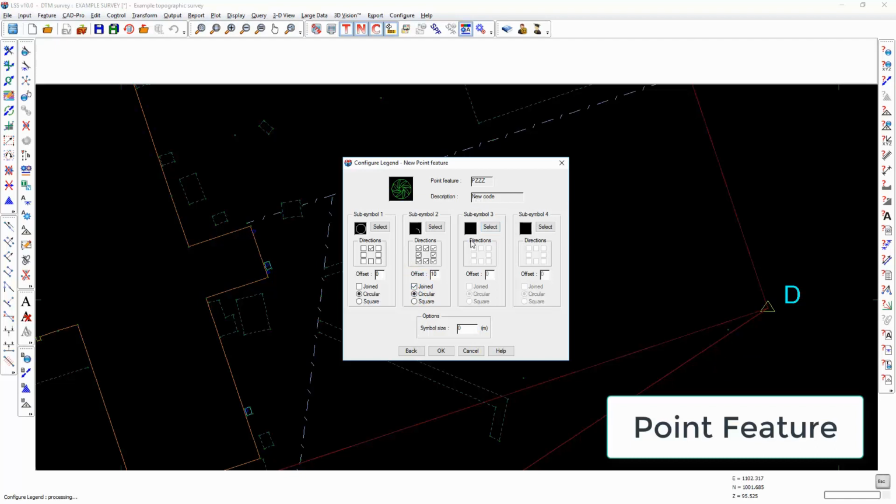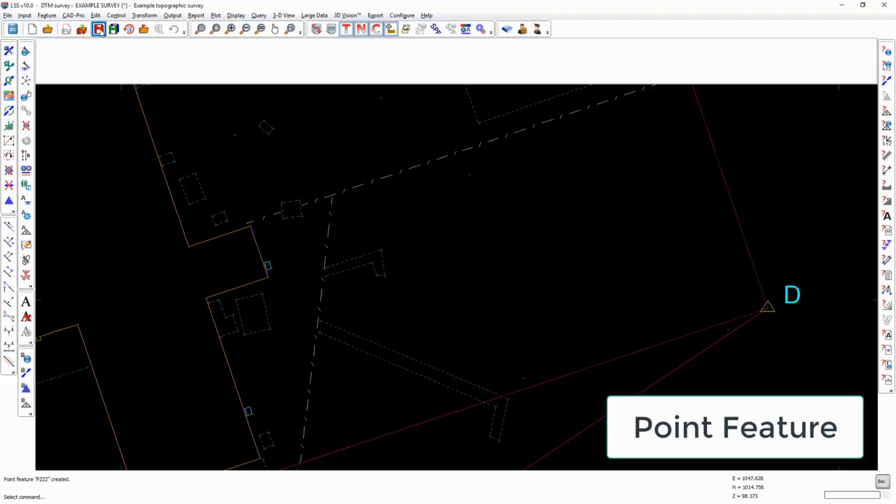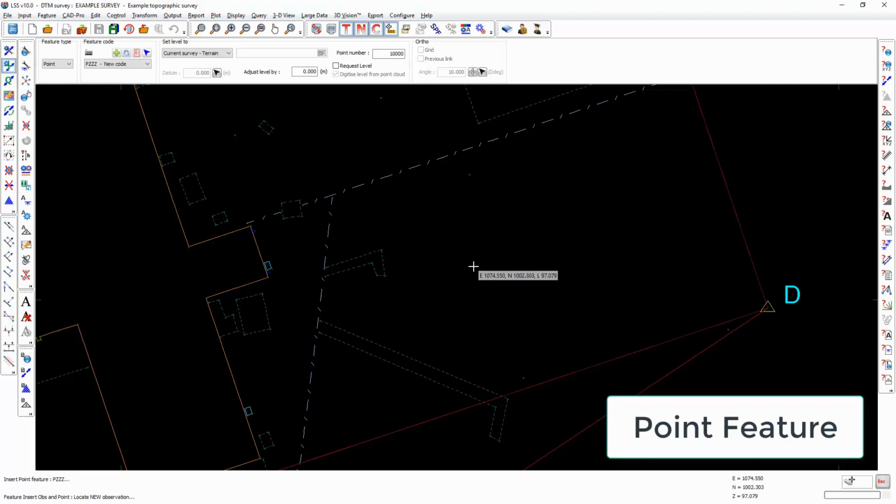And you can use up to 4 different subsymbols for each point feature. We then give it a size. If we now save the survey and insert a new observation, PZZZ is what I want. I'm going to insert it here